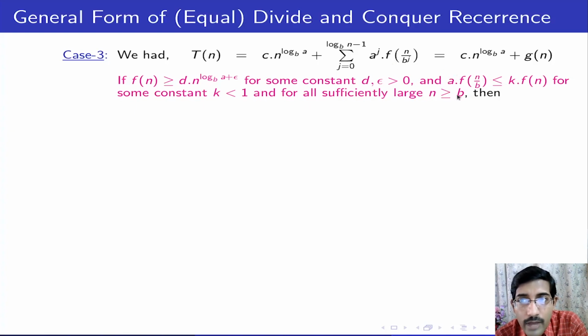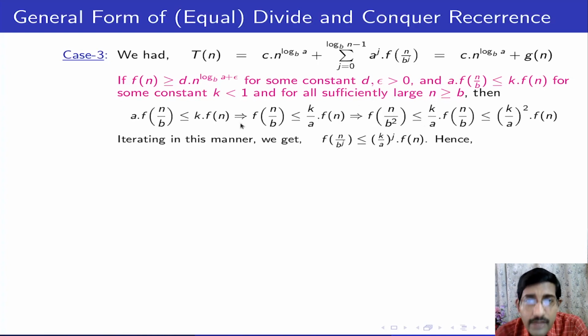That's why we need to have this subproblem bound assumption that a f(n/b) is less than or equal to k f(n) for some constant k less than 1. So when we do that, for all sufficiently large n, where sufficiently large n means n tends to infinity, the same calculation reveals that since I have assumed a f(n/b) is less than or equal to k f(n),